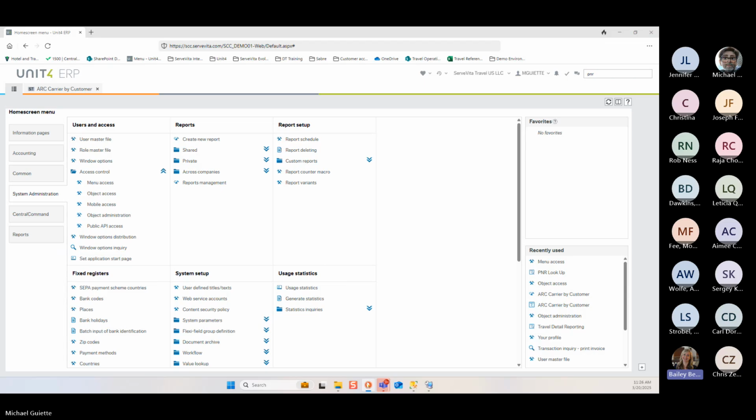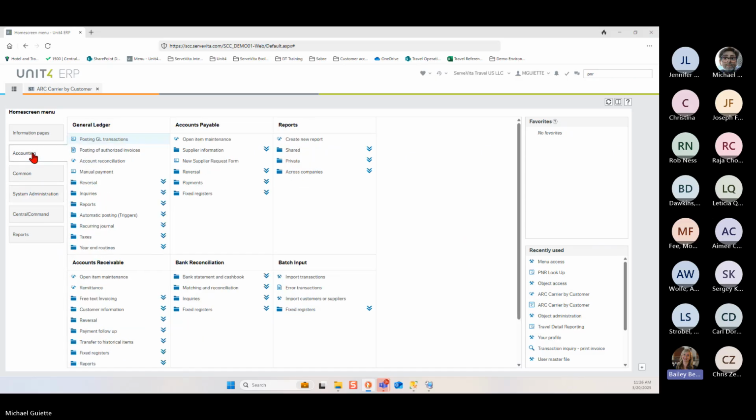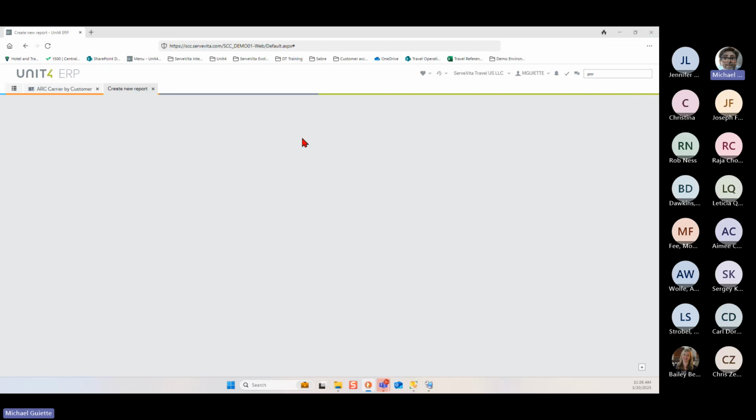I guess one question just coming off of, I know we focused on the Central Command side of things, but for maybe some of our finance users, is it a similar process around doing financial reporting? Exactly the same process. So if you go into reports, I'm showing that on the screen. Thanks, Bail. To reports, create new report. Notice that at the top of the screen,